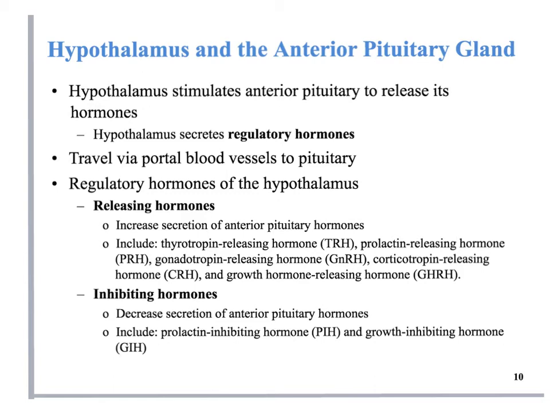Thyrotropin releasing hormone, it's going to stimulate the release of thyrotropin. Well, thyrotropin is TSH from the pituitary. Okay? Then you have inhibiting hormones, prolactin inhibiting hormone, and growth hormone inhibiting hormone. All right? All of those, their target organ is the